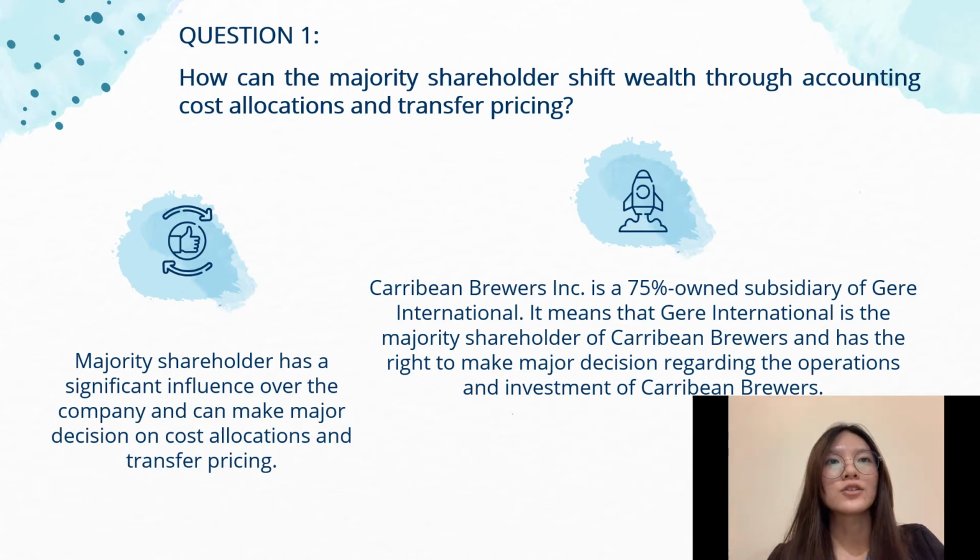All of this shows that Gerlach International uses transfer pricing by charging the cost of Gerlach Caribbean to the cost of Columbia Bourbon for goods and services provided. In conclusion, Gerlach International has the right to make major decisions for Columbia Bourbon, but it may have a negative impact on other shareholders such as management.